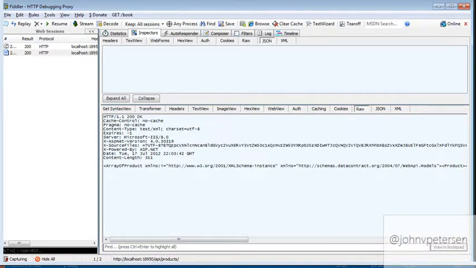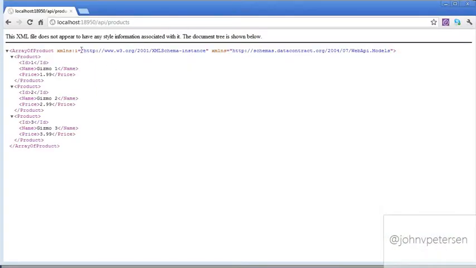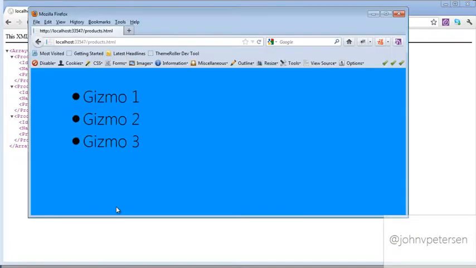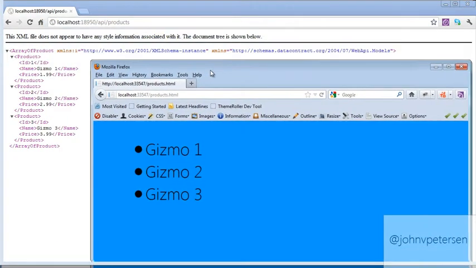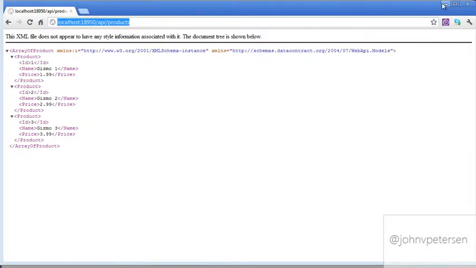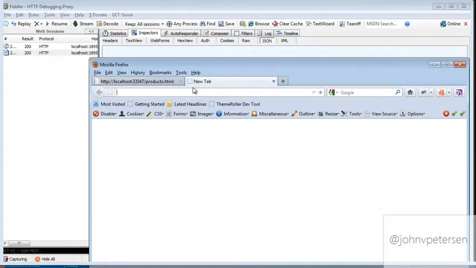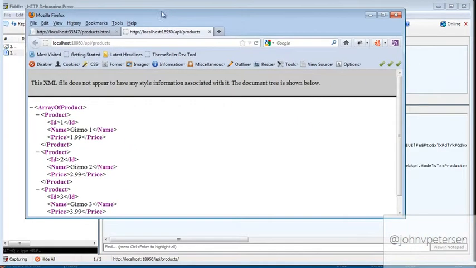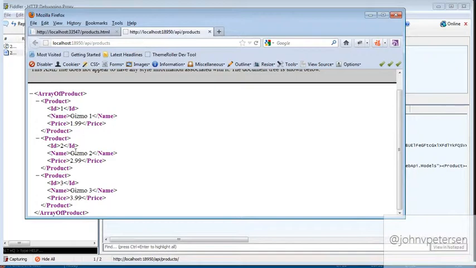Now, going back to the browser, I have a couple of browsers here. Here's Chrome, and I'm going to go ahead and hit refresh. You can see that IE was getting JSON back. And in this case, this is requesting XML by default. Let me just go ahead and copy that. And if I go over to Firefox, I think it's going to give me the same thing. It's going to give me an XML string back. So there you go. It's really just dependent on the client.